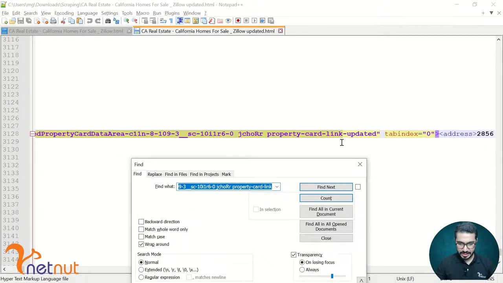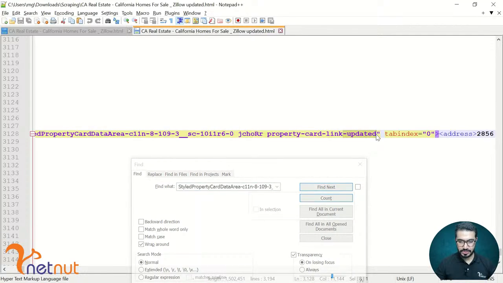If I scroll right over here, you can see this "updated" appended over there. Now the class name is not exactly the same. I have appended or added this thing, dash updated, over here. Now if you allow me to search for